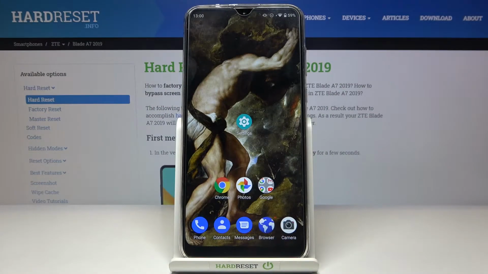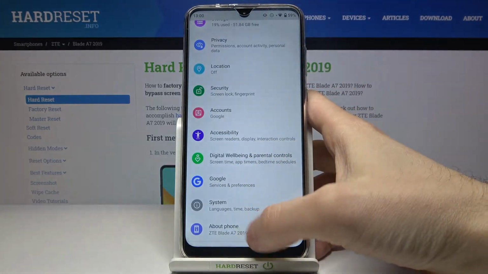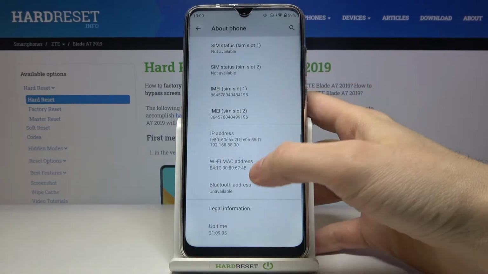Here I have ZTE Blade A7 2019, and today I'm going to show you how to access developer options on this device. So firstly, you have to open settings, then you have to enter about phone section, scroll down to the bottom,